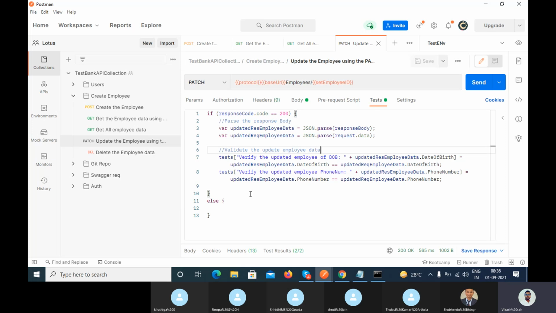Okay, and in the else part you can print the message, something like I want to fail the test case. If it is not 200, then I can write the message here: the test, unable to update the user, unable to update the data using patch method,